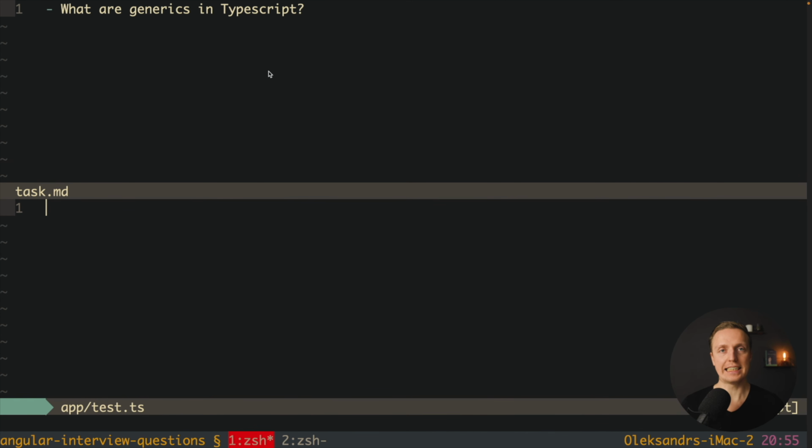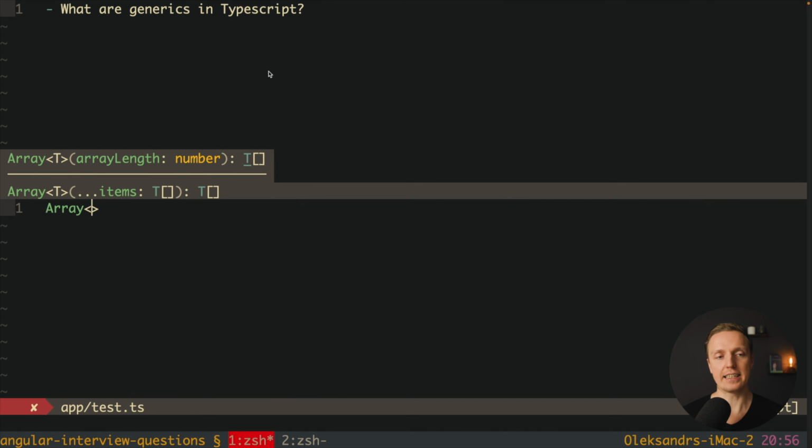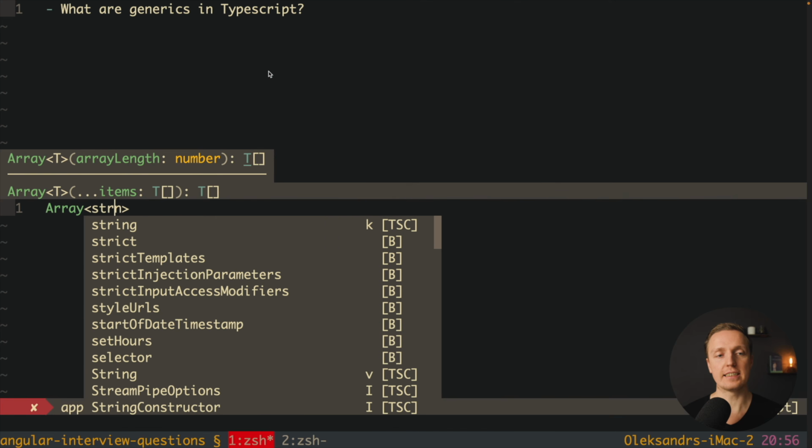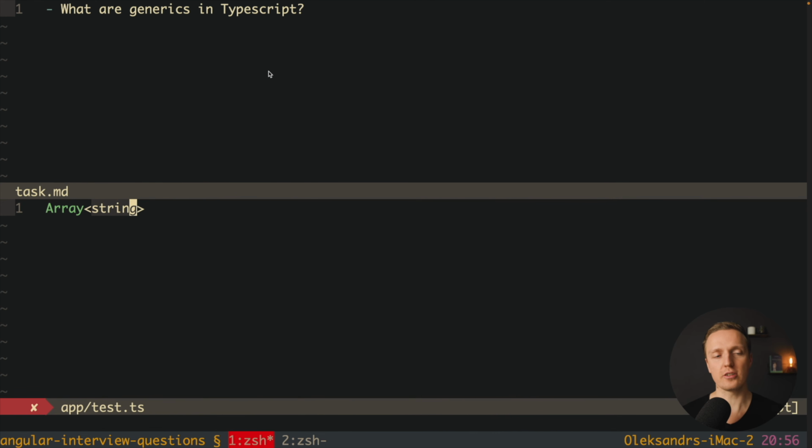Generics is a difficult topic, but just to start we can describe it in an easy way. If you see in the code something like Array, then open and close tag, and we're providing inside a string, actually this is a usage of generic. Why is that? Because essentially we're not just using here a data type, we're using a construction with open and close tag, where inside we're providing a data type that we want to see. Which actually means Array is a generic type where inside we can provide what exactly type we need.